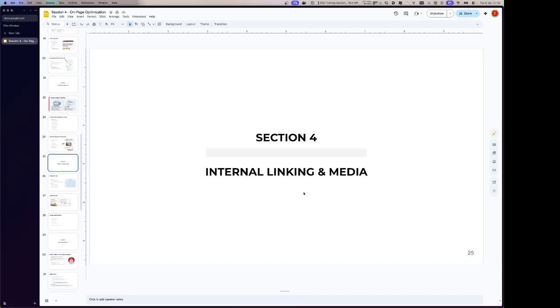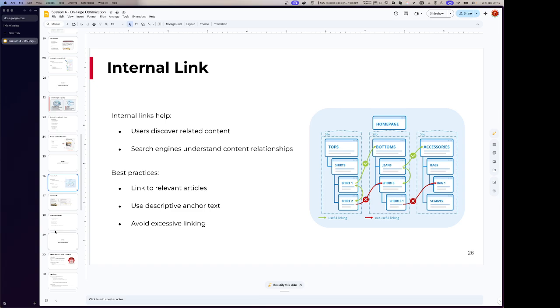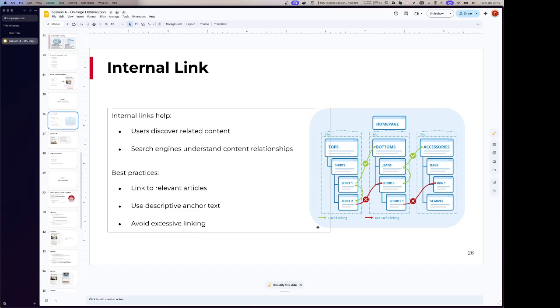Section number 4, internal linking and media. Internal linking. This is very easy to understand. Say this is a site selling clothes. We have the home page. We have the tops. Under the tops we have shirt 1, shirt 2. We should internally link from shirt to bottoms, but we should not internally link from shirt to shirt, because it is not